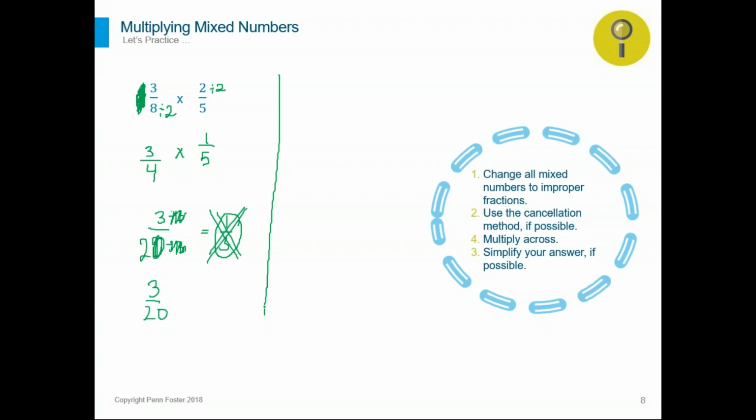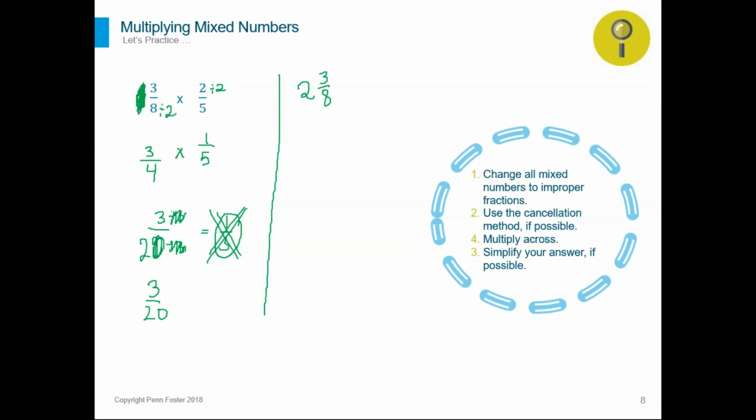Okay, everyone is fine with that? Okay, now what if we had the 2 in front of the fraction, because multiplying mixed numbers is a little bit different than multiplying just mere fractions. So if we have the 2 and 3 over 8,